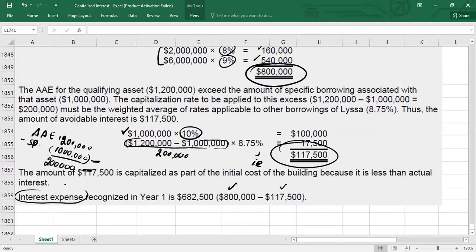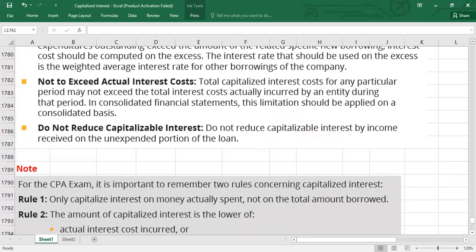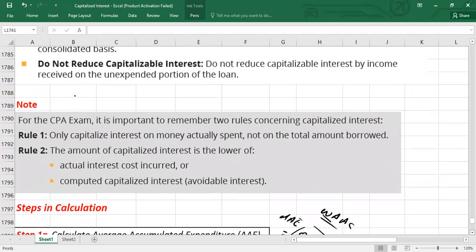Now let me tell you a few exam notes, which are really important to solve the question. So here we go. We are moving to the notes now. Okay, guys. First of all, for your CPA exam, it is important to remember two rules. Rule number one: only capitalize interest on money actually spent, not on the total amount borrowed. Forget about borrowed. You have to see how much money you have actually spent from the loan. Rule number two: the amount of capitalized interest is always the lower of